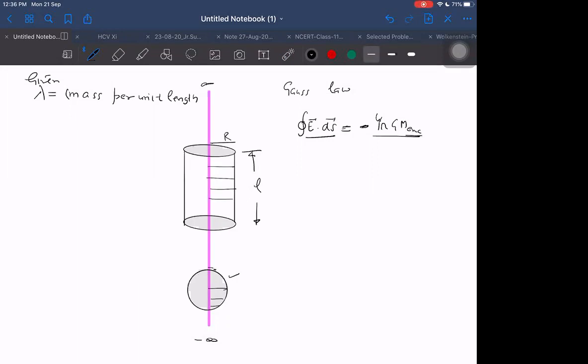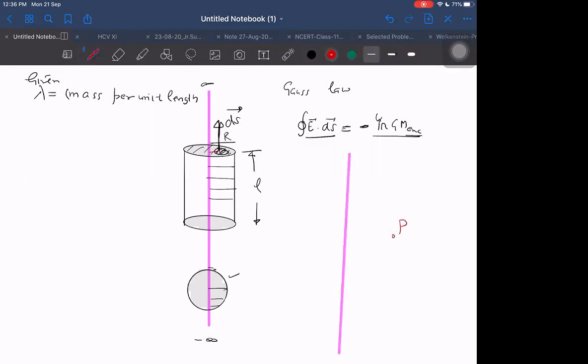But wait, these points are not at the same distance away. The disk points. It will make 0 actually. The area vector will be this side, and E will be perpendicular. And here the field will be perpendicular to this. How do I know the field is perpendicular? That also I should ask you first. How do you tell with guarantee that the field is perpendicular only?